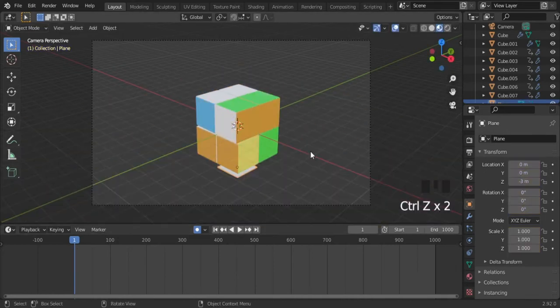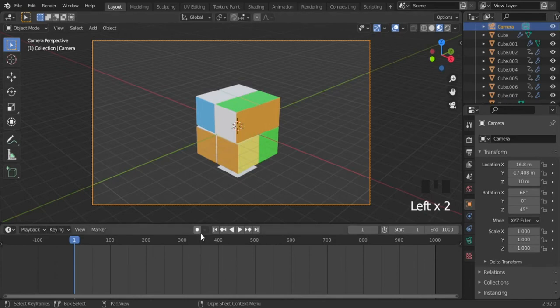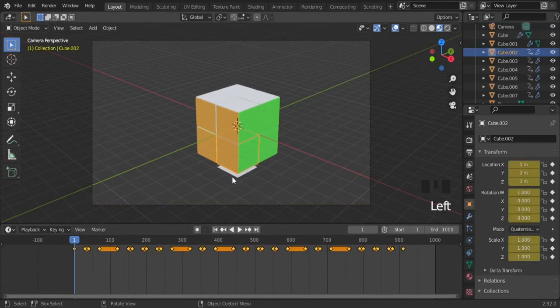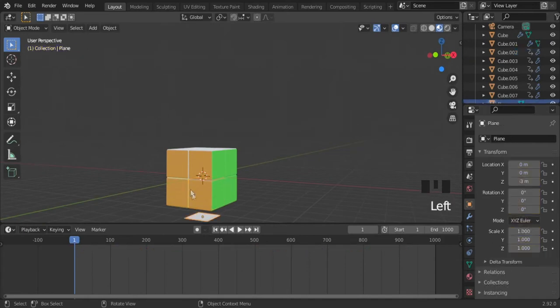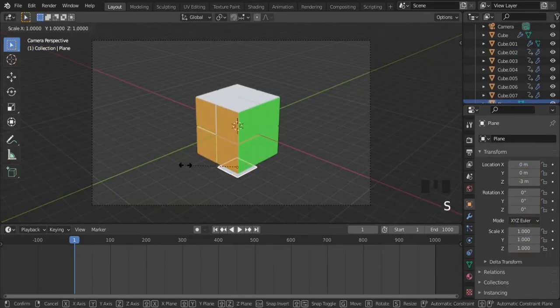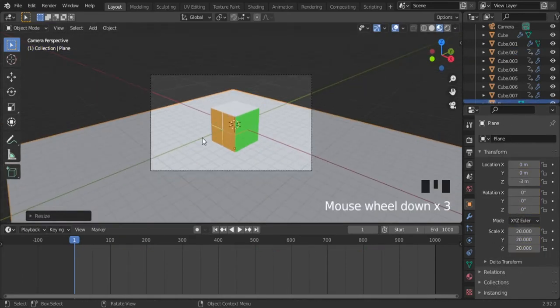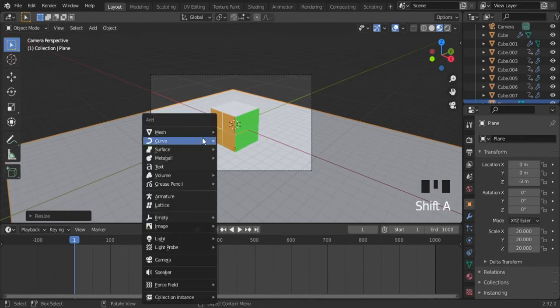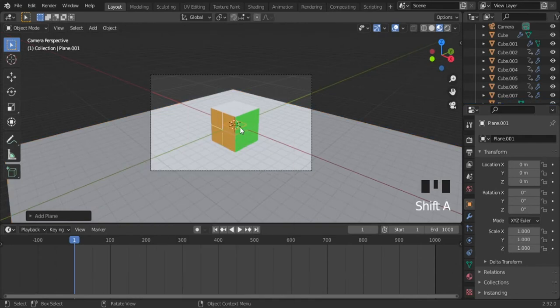Okay, before doing anything else, let's turn off this thing, this is auto keying. It will set a key and animate it. You don't want it. After completing animation, just turn this auto keying off, or it will mess up things. I have to select the plane. Now S20 and add in another plane,